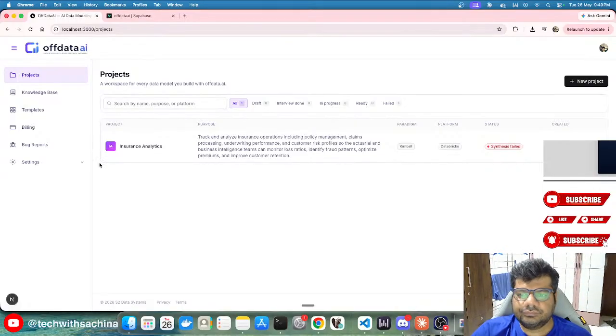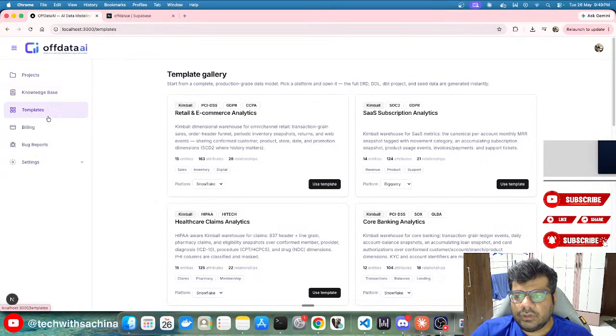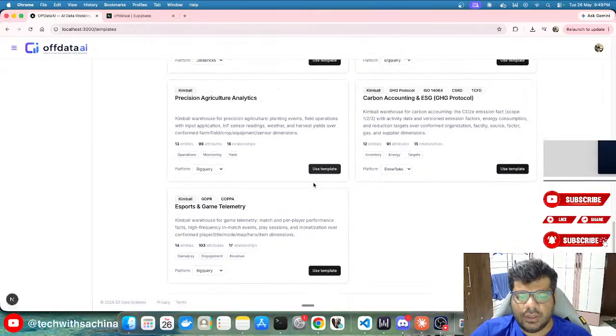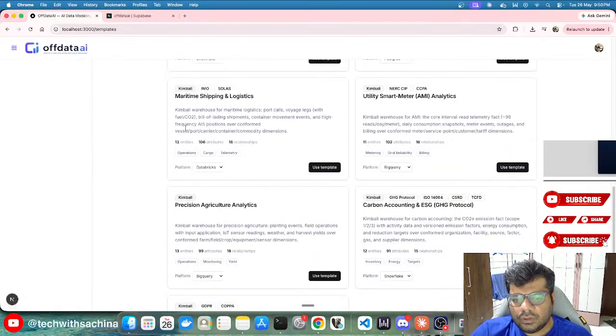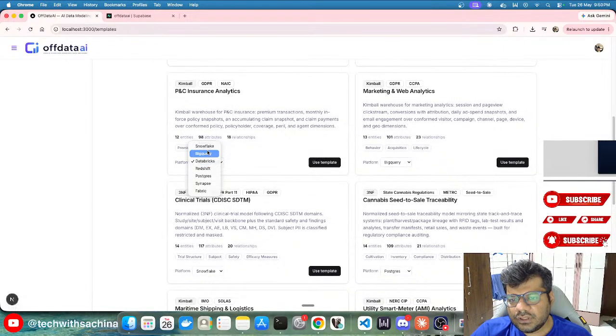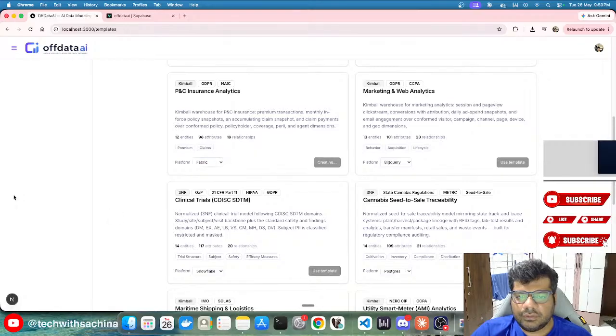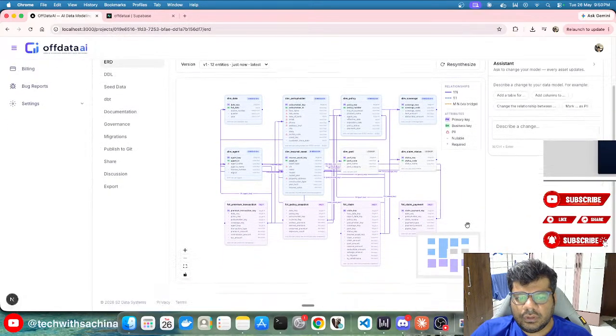So this is how you will get all your projects listed. Then you have your knowledge base, you have your templates. Now we have also brought up a templates feature in which you get a few data models by default. If you want to use any template, you select which platform you are looking at, click on it and click on use template, and it will automatically load the default template.